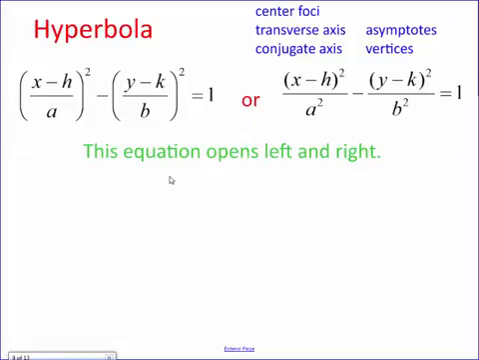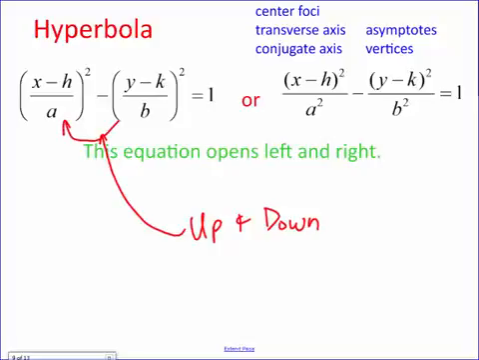We got our hyperbola. Now we have opposite signs, right? So we got the minus sign now. So this is where it opens left and right. If we wanted it to open up and down, what would we have to do? We would have to take this equation and flip-flop these two guys around. We'd have to make the y come first and the x come second if we wanted it to open up